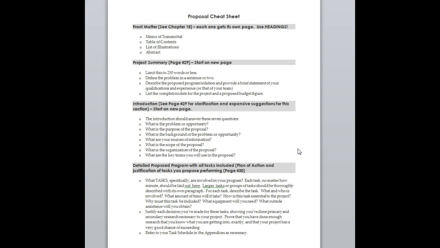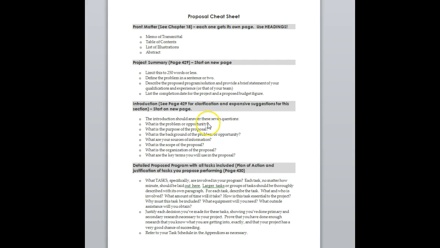The proposed program, which is that big chunk of your grant proposal, is the detailed information, but this is the snapshot. So what do people absolutely need to know? You need to be interesting and compelling here. So basically, the introduction needs to answer these 7